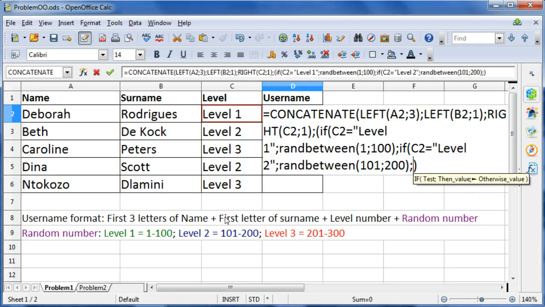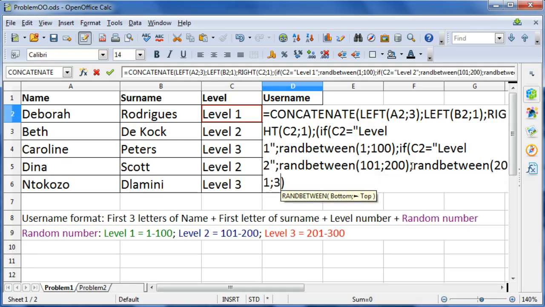And if that's false, it has to create a random number between 201 and 300. We don't need to put in another if to test whether it's equals to level 3. Because what we're saying is if it's not level 1 and if it's not level 2, then create a random number between